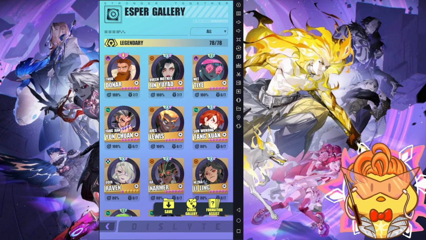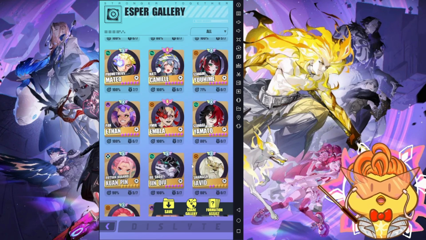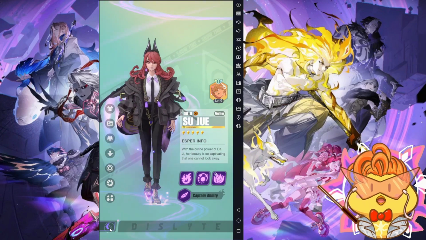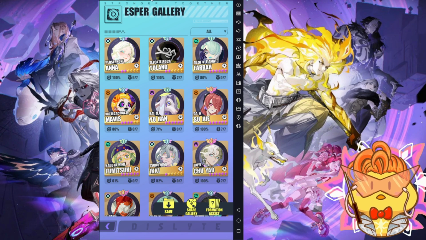In this video I won't be going through the event-limited Esper, such as Suje or Meta Liling, because even though I recommend them now, you are not able to get them. Suje is an event-limited Esper, so I won't be covering Esper that you can't obtain. I'll be covering the Esper that only need R0